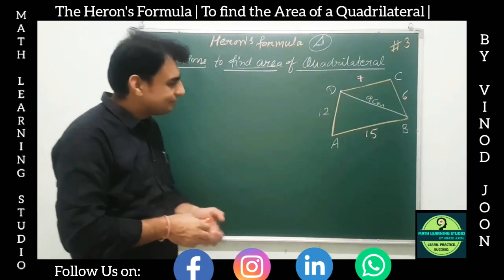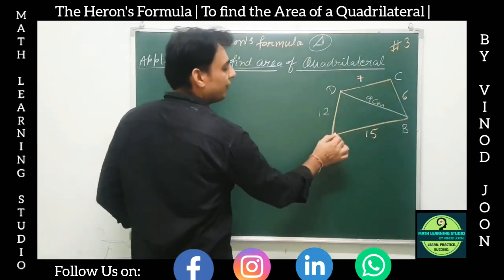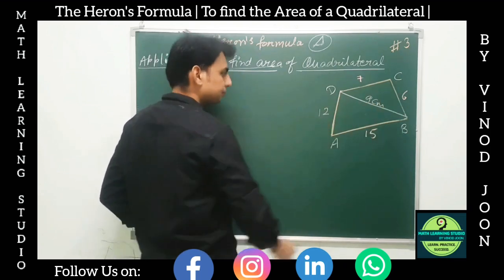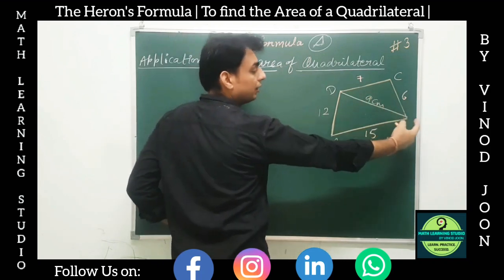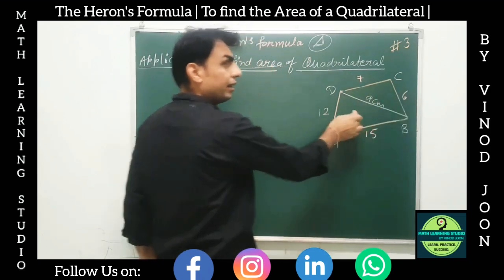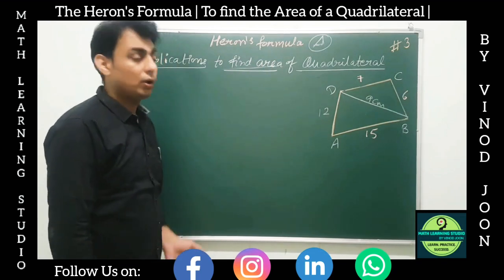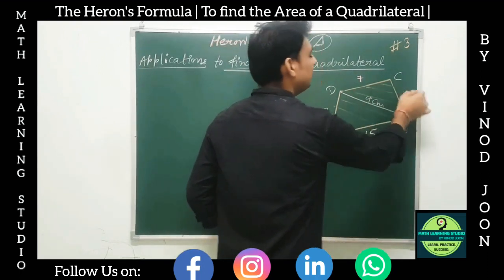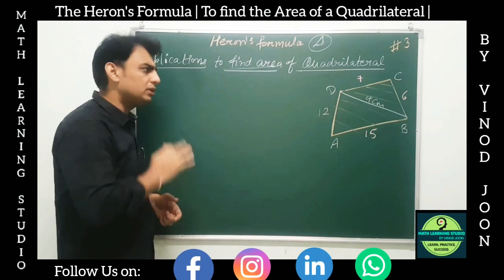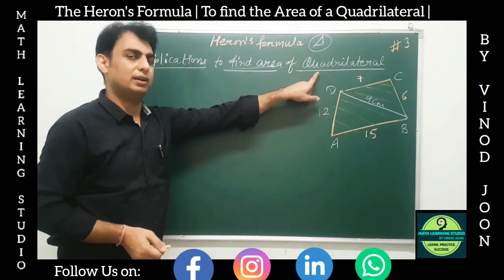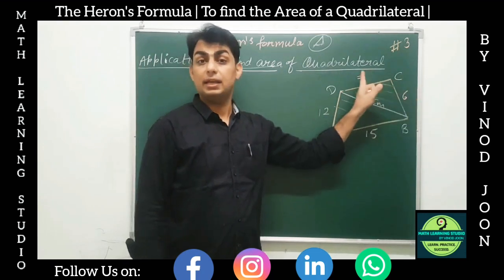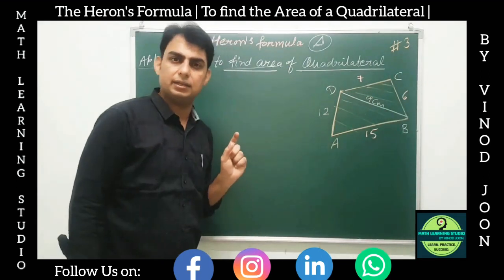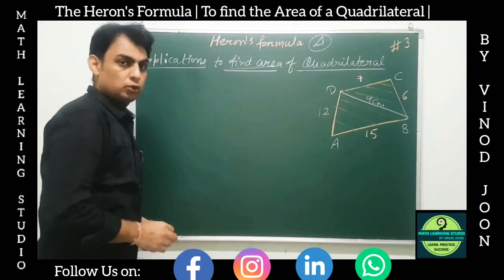Now what did we get? We got two triangles. We have a triangle ABD with the sides 12, 15 and 9. We can find its area using Heron's formula. We got another triangle BCD with the sides 6, 7 and 9. We can find that area too. We add the two areas and get the area of the complete quadrilateral. That's it. This is a direct application of Heron's formula in a quadrilateral. What do we need? We need the 4 sides and any one diagonal, maybe this one or the AC diagonal as well. We need its length. So now let us solve it.